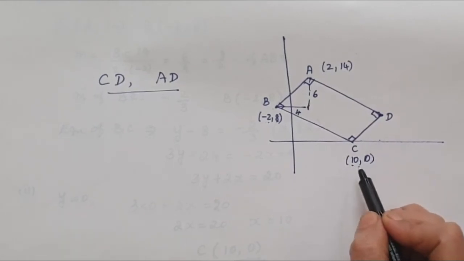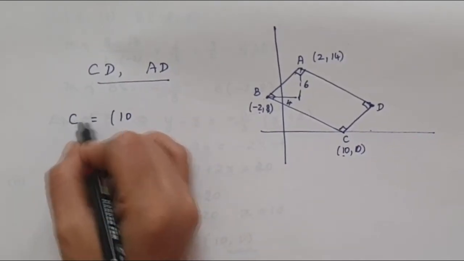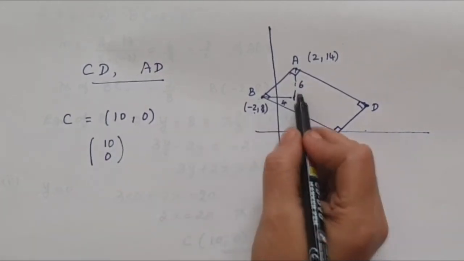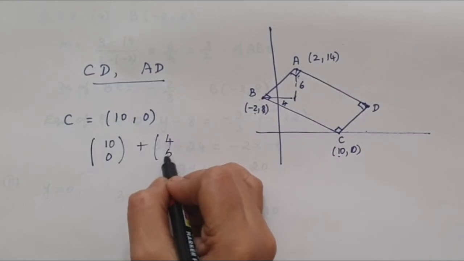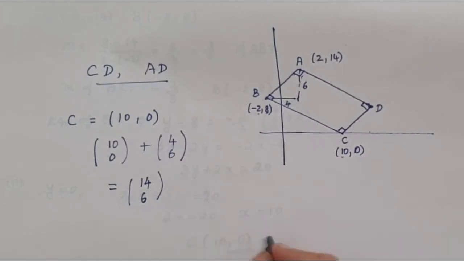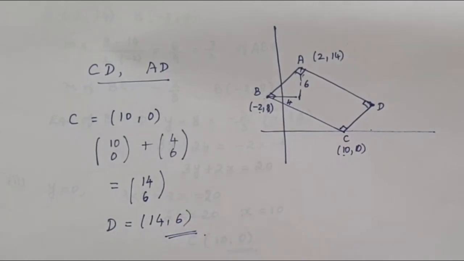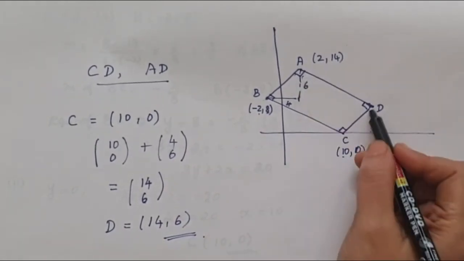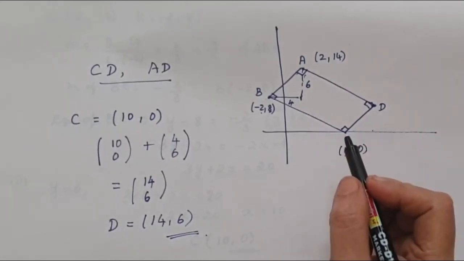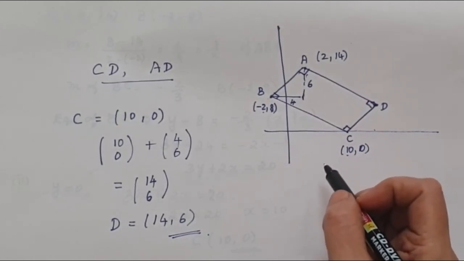The same concept we'll use over here. That is, the point C is (10, 0). If we write it in a vector form, we can write it as (10, 0), and the shift over here is plus (4, 6). So we need to add our x coordinate with 4 and the y coordinate with 6. So our coordinate D will be equal to (14, 6). This is much simpler instead of doing a long process of finding the equations and finding the point of intersection. So thus coordinate geometry is helpful to us in finding the equations of straight lines and perpendicular lines. Thank you.